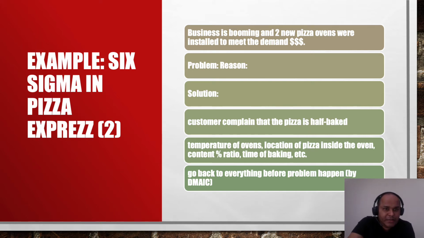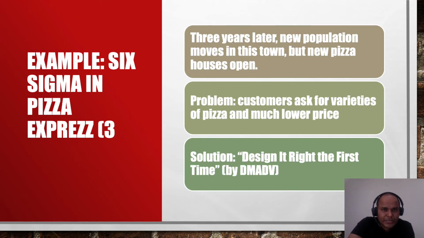Example, Six Sigma in pizza. Business is booming. Two new pizza ovens were installed to meet the demand. Problem and solution: the customer complained that pizza is half baked. Temperature of oven, location of pizza inside the oven, content percentage ratio, time of baking. Go back to everything before the problem happened, by the DMAIC. Three years later, new populations move into the town, and a new pizza house opens. Problem: customers ask for a variety of pizzas at a much lower price. Solution: design it right the first time, by